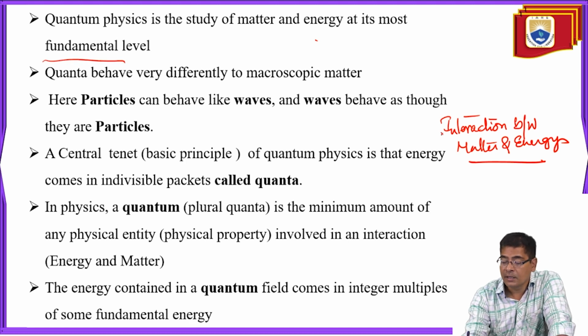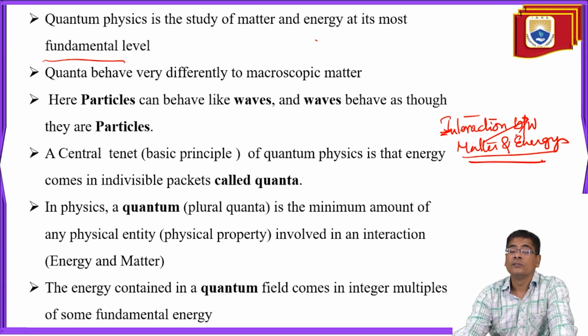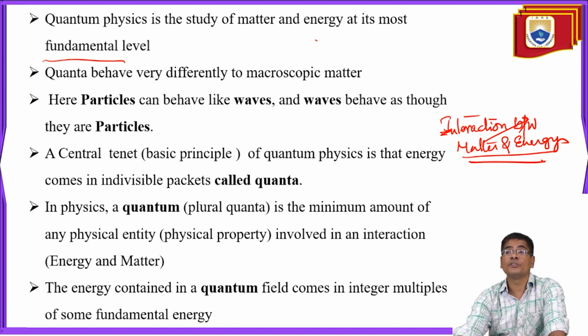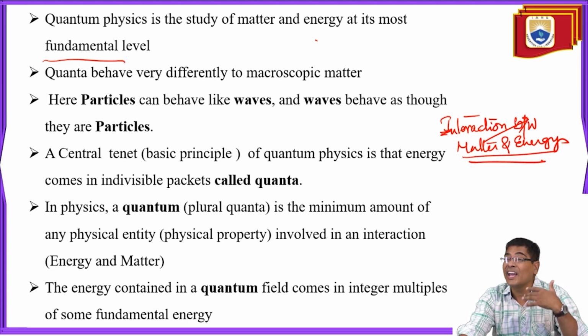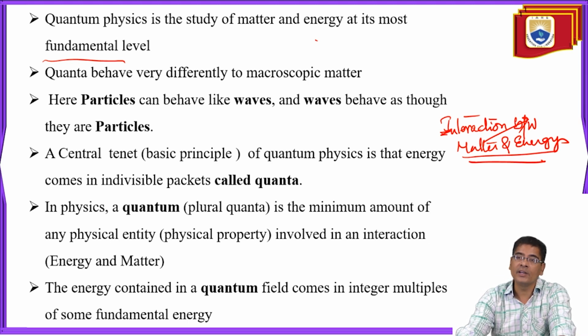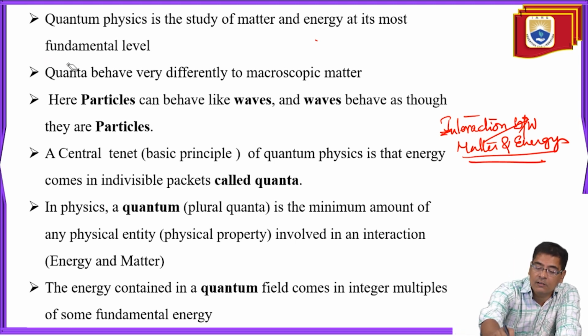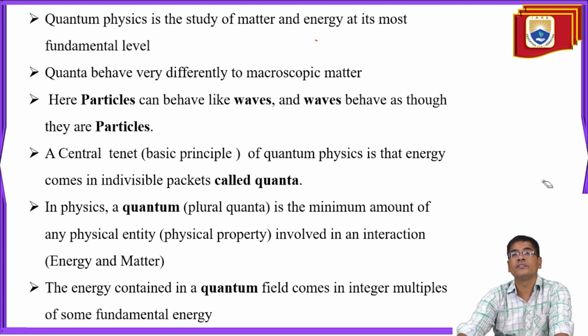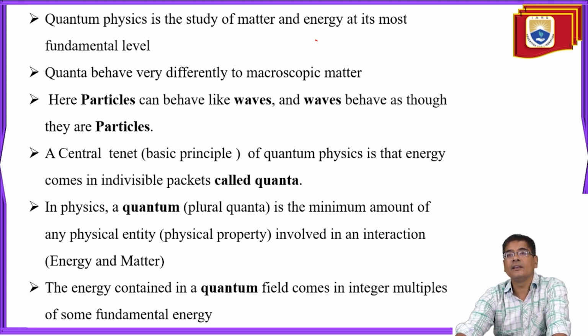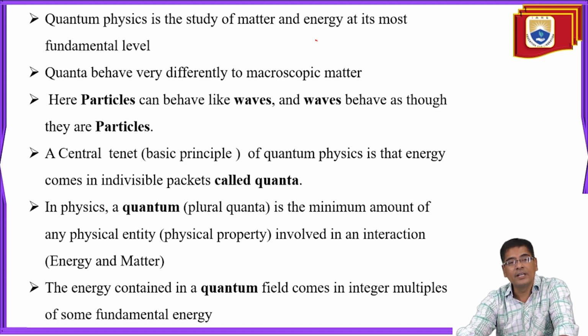That means the interaction between matter and energy. Matter exists in three forms, or rather four forms: solids, liquids, gases, and at the most, the plasma state. So we have the interaction of solids with energy, of liquids with energy, of gases with energy, and of the plasma or ionic state. So quantum physics is the interaction of matter and energy at its most fundamental level,